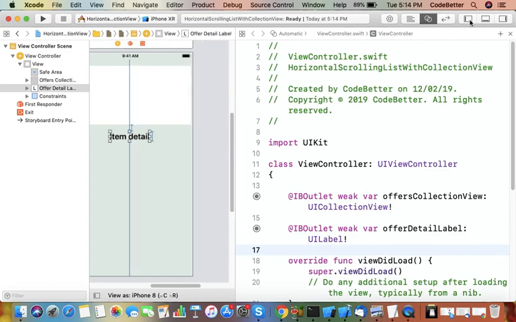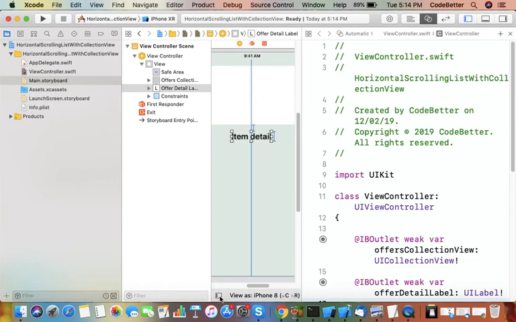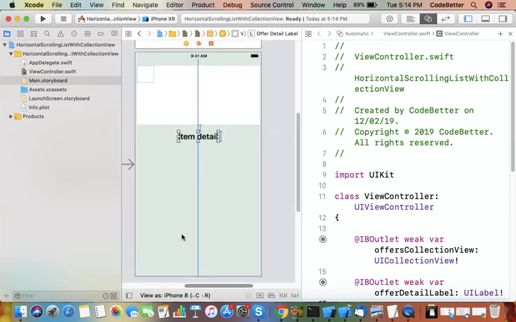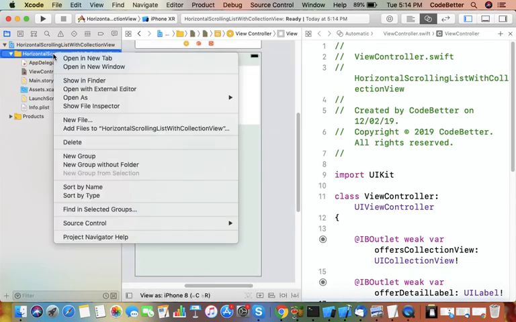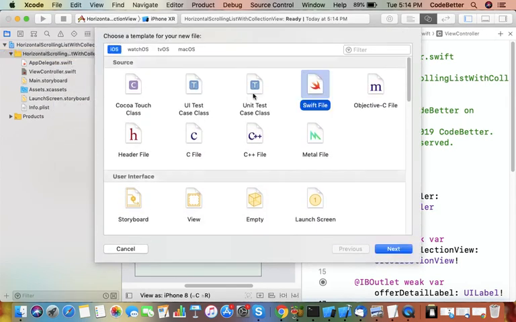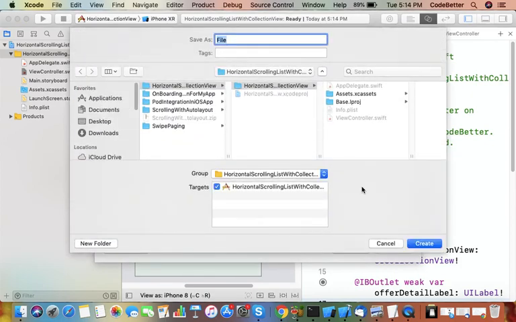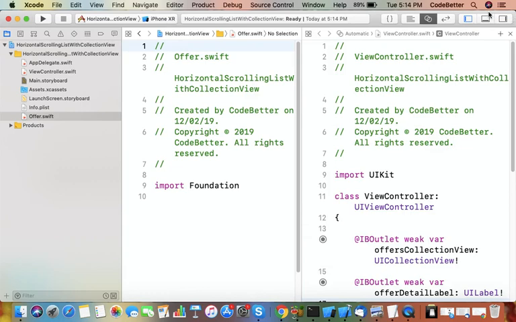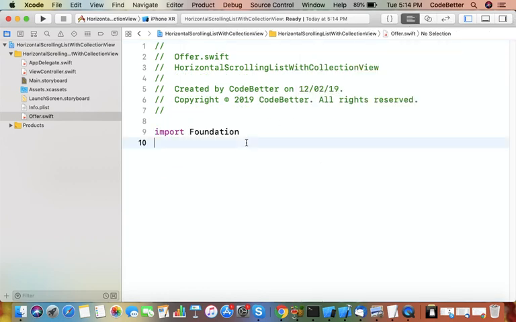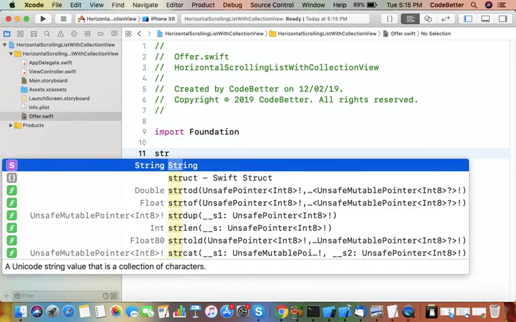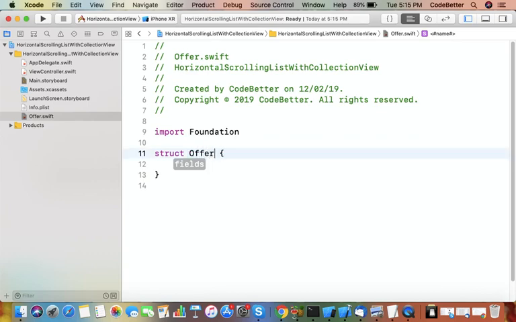So in our project, we create a class, a Swift file, let's say Offer, and in this we create a structure, and we need two things.